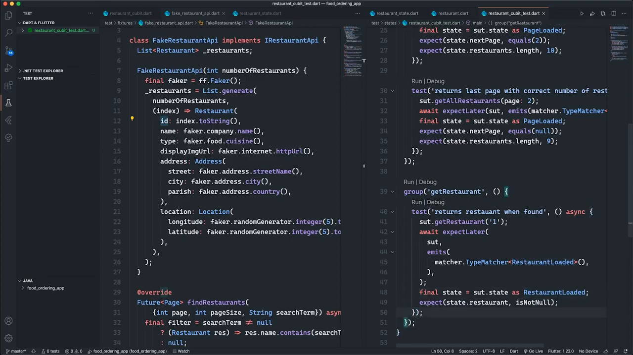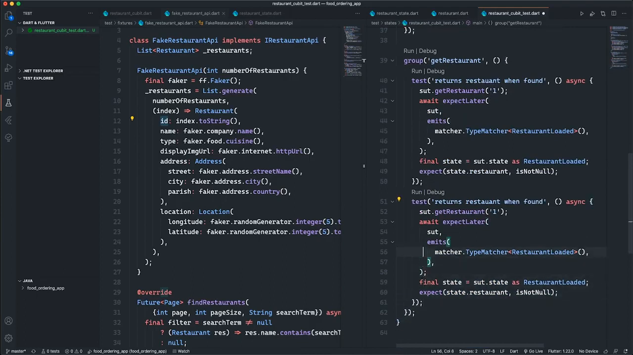I will create a copy of this test, and I'll rename it to returns error when restaurant is not found. So I'm gonna pass in a value of -1 because I know there's no index or ID with -1. And inside my